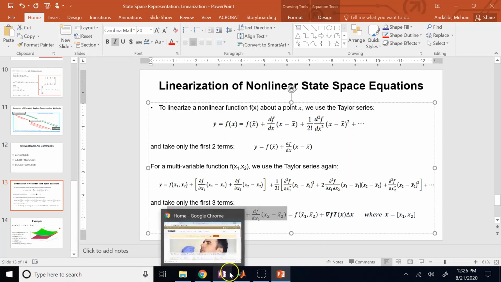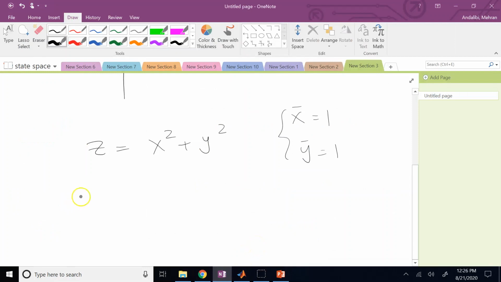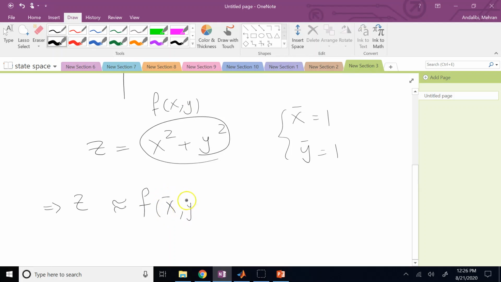I write it here separately. So this is approximated by the value of this function. If I call this f of x and y, a function of two variables, it is going to be this function evaluated at the nominal point, the operating point, plus